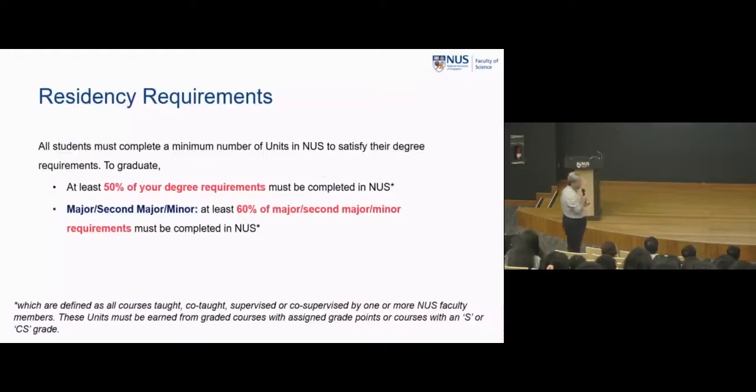Again, however, there are always some rules here. Don't contravene the rules. Don't be too excited and say, I go for this, I go for that, I go for everything, and then after you realize you're having a degree from NUS. Your degree must come from NUS, so you must study at least in NUS. So you should have 50% of your degree requirements at least, or at least 60% of your major requirements, completed in residence, in NUS itself. So this is something you just have to be careful about.